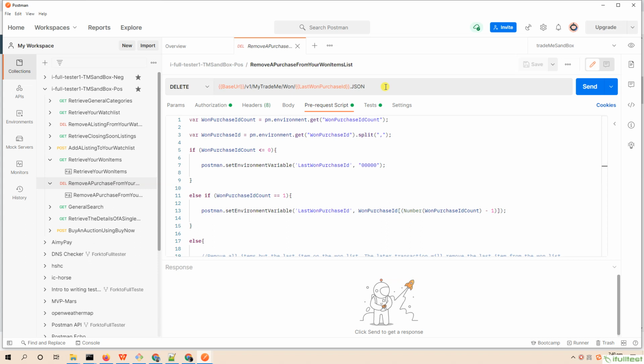In the last video, we stored all the purchase IDs we fetched and the counter of this purchase ID from the response and set them to environment variables for our current API to use.